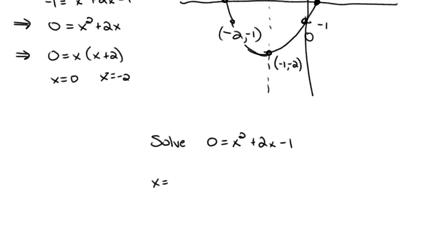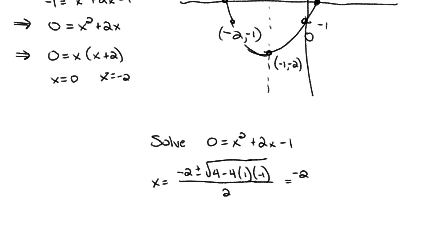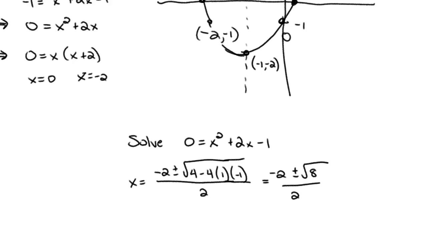So x is equal to the opposite of that b term, plus or minus the square root of b squared minus 4ac. If you couldn't get this, it's likely an arithmetic error. That's all over 2a, by the way. And so this gives me -2, plus or minus the square root of 4 plus 4, or 8, all over 2. And that can be simplified